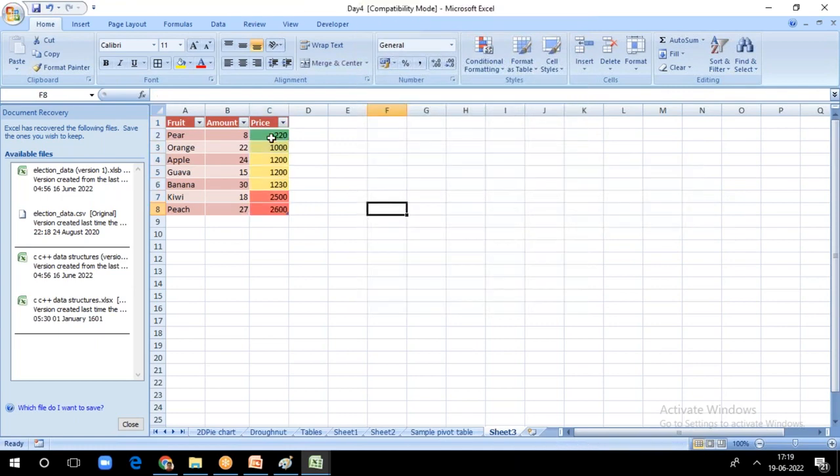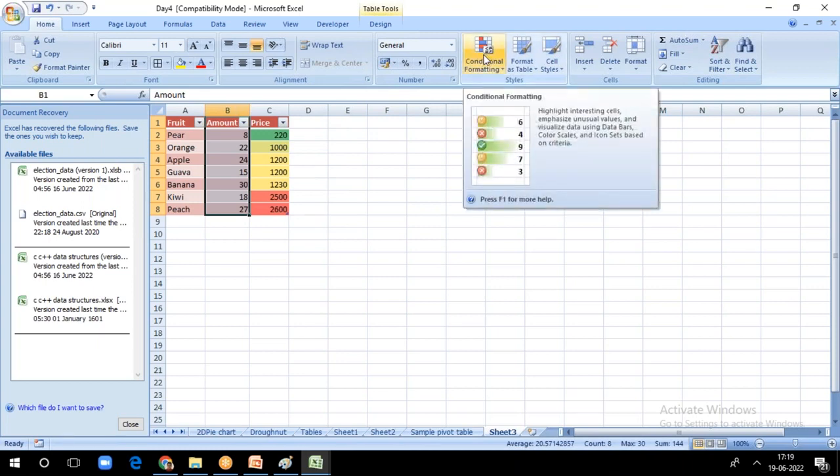So you can see that you have just applied your color option to the price column only, and this is called conditional formatting. So conditional formatting you can apply on your table. And again, I'll tell you, whenever you have to apply conditional formatting, first of all, you'll have to select the range. For example, let's talk about the amount. You have to select the range,